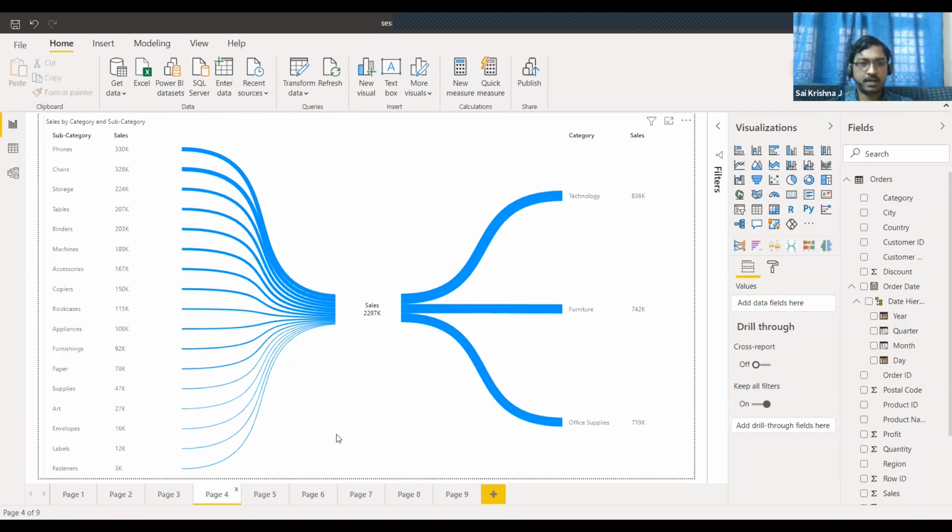One thing that I can possibly think of is on the left side, if we have too many subcategories, or too many level 2 data points, then clicking on that level 1 data point on the right would be an issue. For example, we have states and cities, states on the right and cities or districts on the left. Districts will be a lot more, and just looking at this visualization in this view might not give a very clear picture.